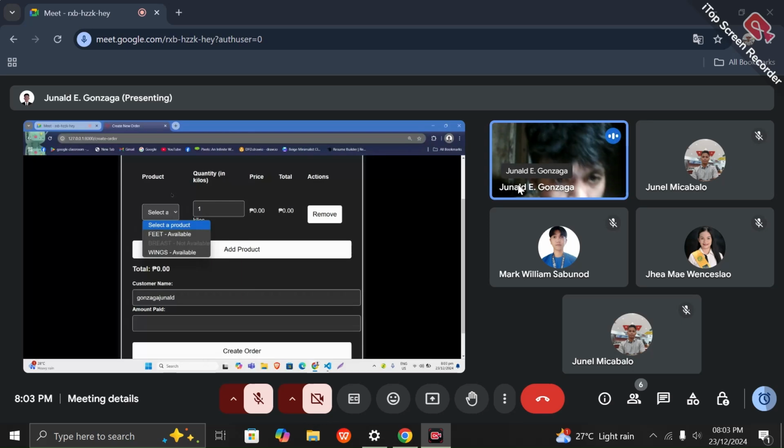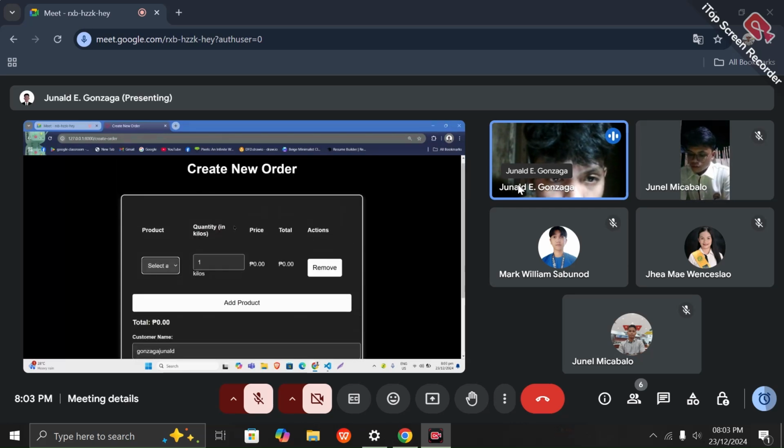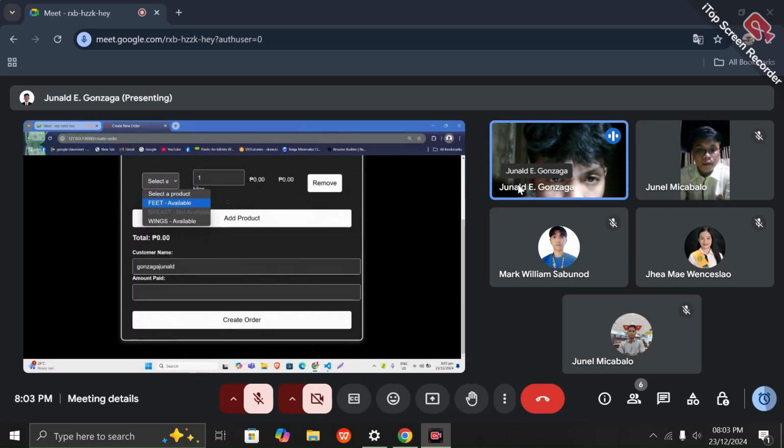The available products are feet and wings, and you can see the breast is not available. As shown earlier in our inventory, the breast is sold out, so in our create new order it is already not available.